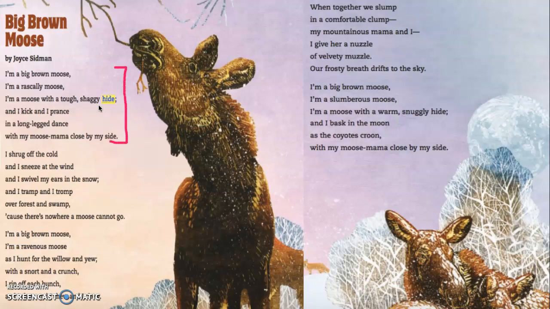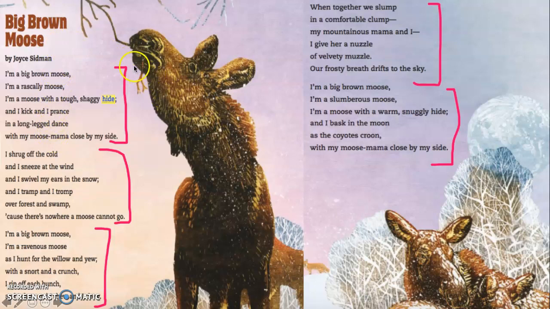Let's take a look at this poem. I do see here that this poem is broken down into 5 stanzas. The author organized this poem into 5 different stanzas. Each stanza has 1, 2, 3, 4, 5, 6 verses. Now, as I was reading this poem, I did notice that the author organized the poem this way because each